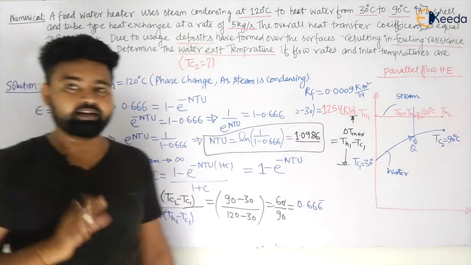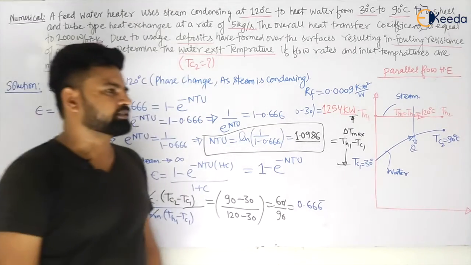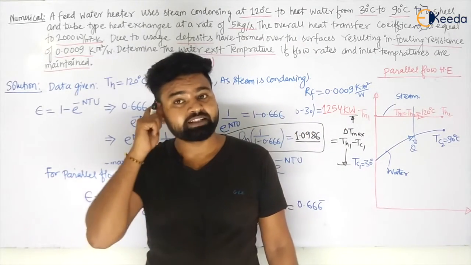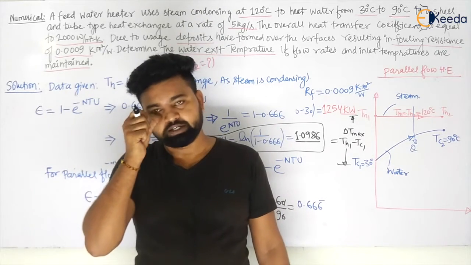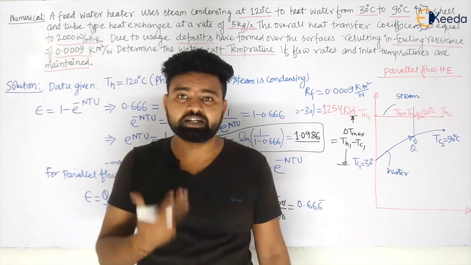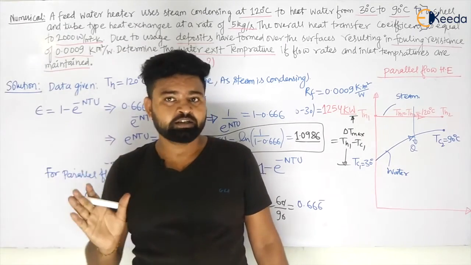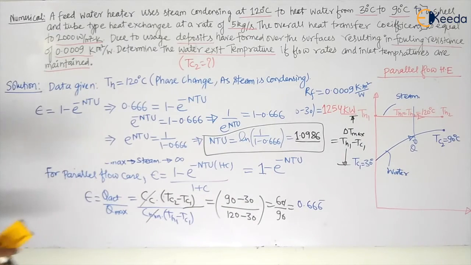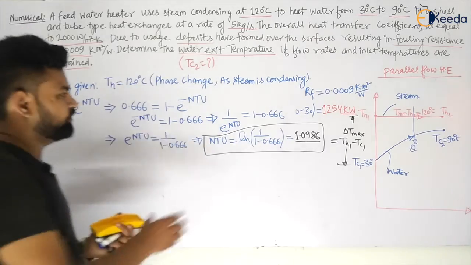Can I calculate the area from this? Yes, I can calculate the area. How I am proceeding is, I have to calculate the outlet temperature when there is fouling. So for fouling, first of all I have to calculate the overall heat transfer coefficient for the dirty condition. And for calculating this, I will use NTU when fouling is occurring. That's why I am proceeding like this. Let us see now. Can we calculate NTU, my dear students? Yes, NTU we have calculated.